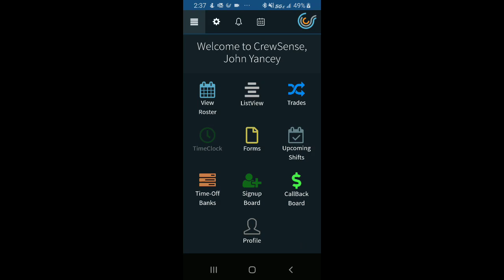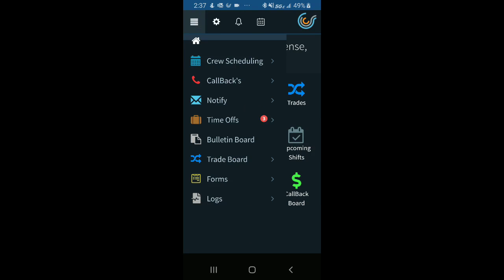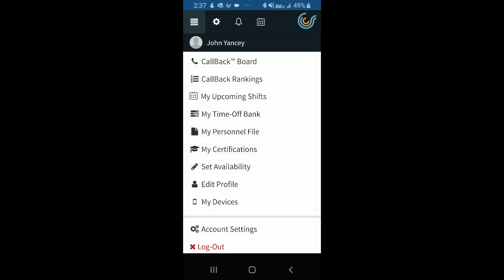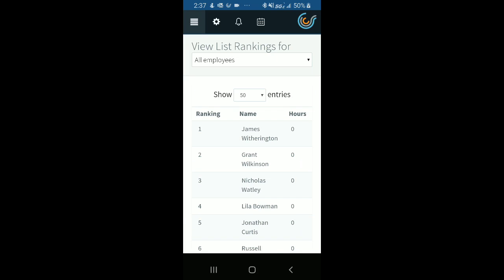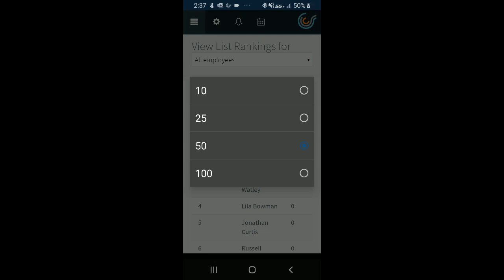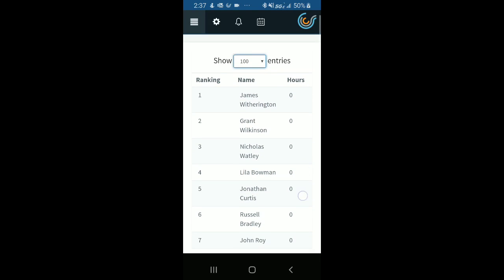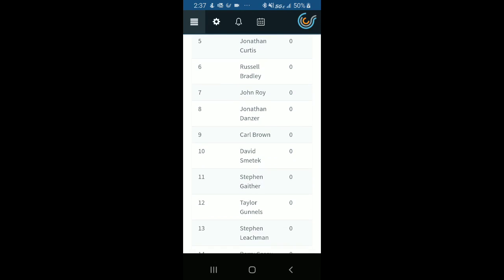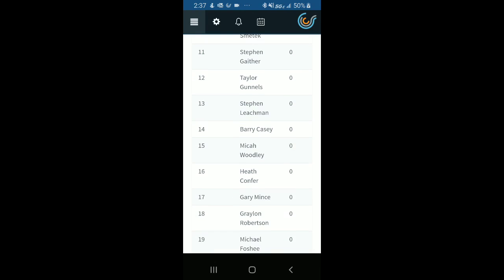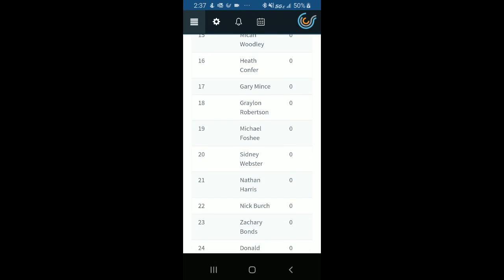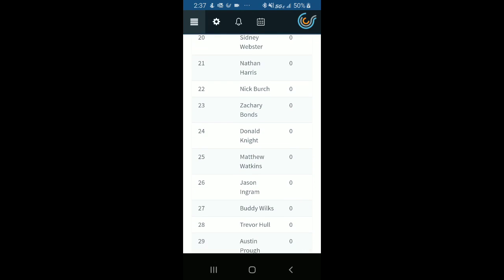So how the callback board works is it works off of a callback ranking, and we saw that up here in the gear settings. You go up here and you can go to callback rankings, and this is different for each person, but this is how it kind of plays out. And you can see right here that each person's name is on this list and how many hours they have picked up on callbacks. It also does it by seniority,